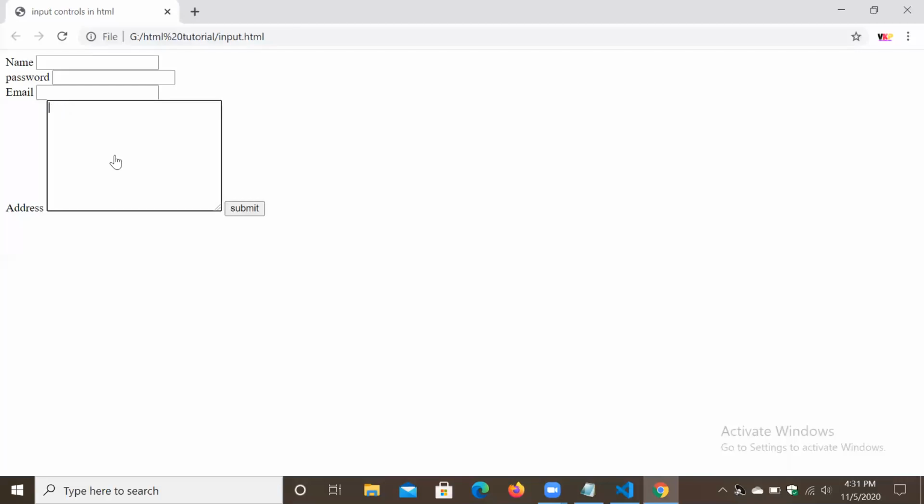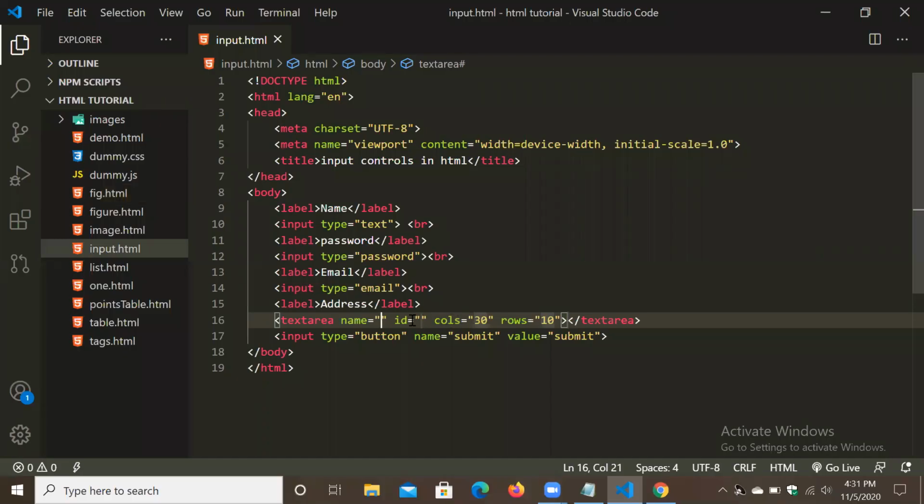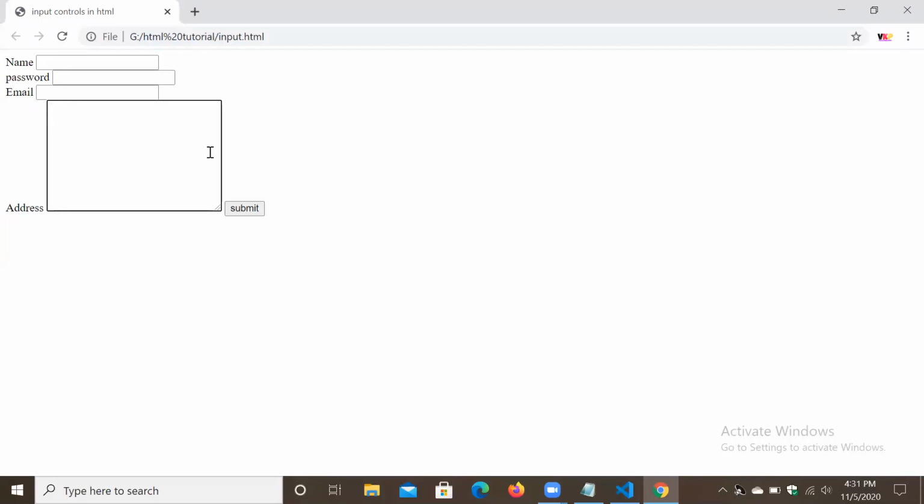Okay. So from here we can give id, name, and from here we can increase or reduce the size of columns and rows. For example, I will reduce the number of rows to 5 and columns to 20. Let's see what happened.